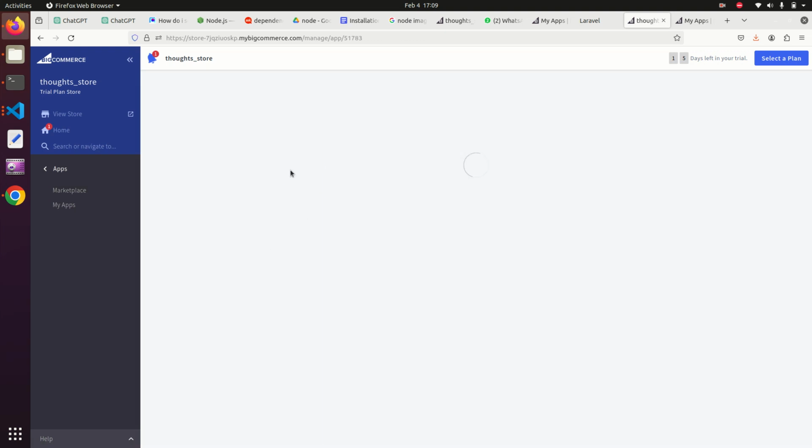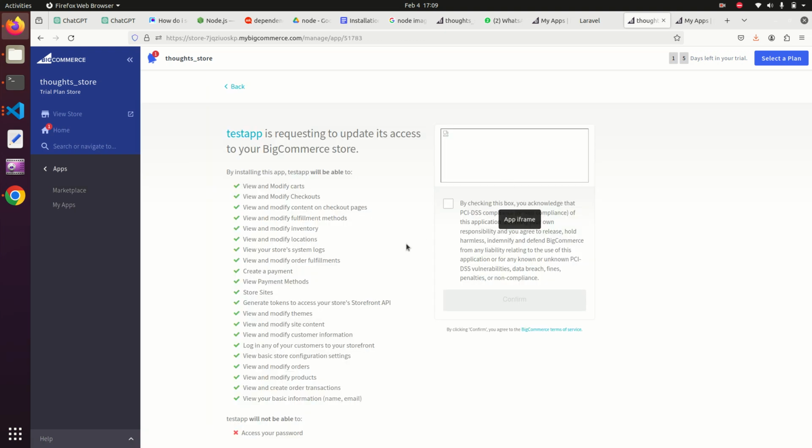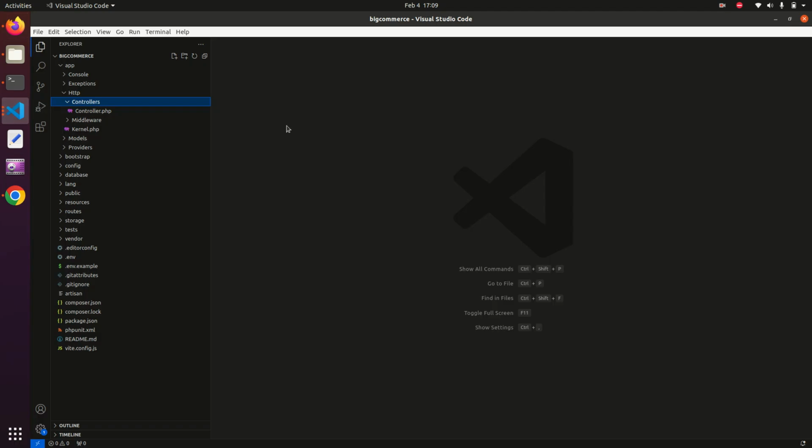First of all, this confirmation message will appear. We have to configure things first, before confirming this dialog. So what we have to do is basically set up our Laravel project, like I told you that we have created this